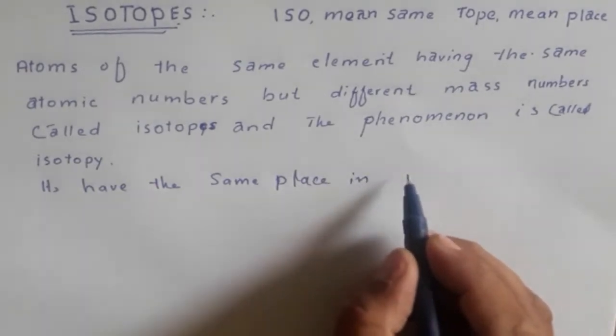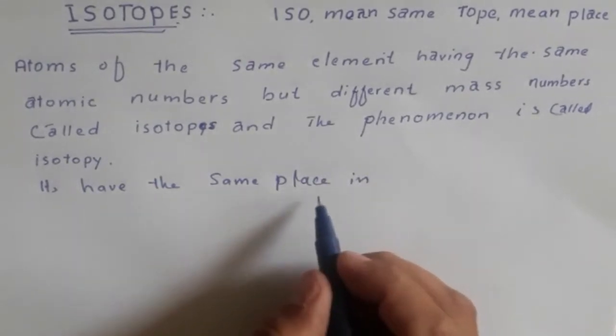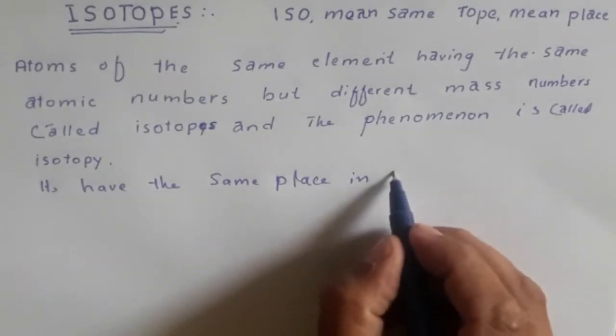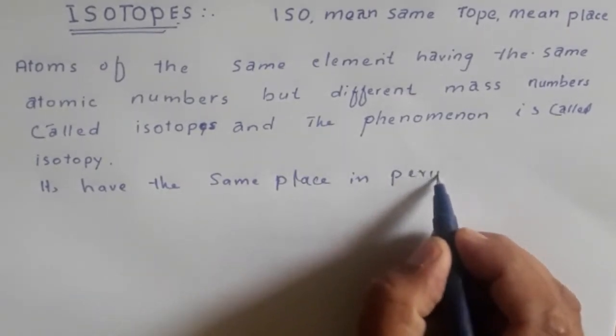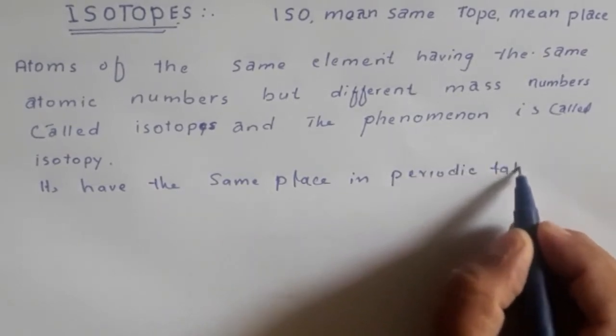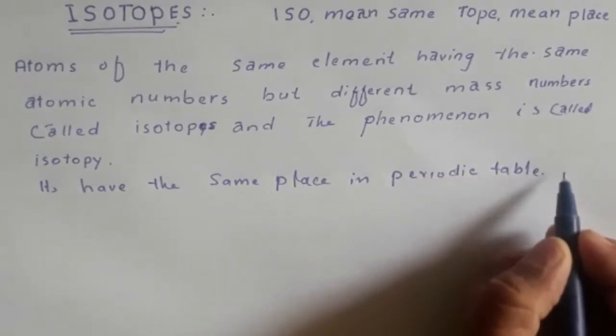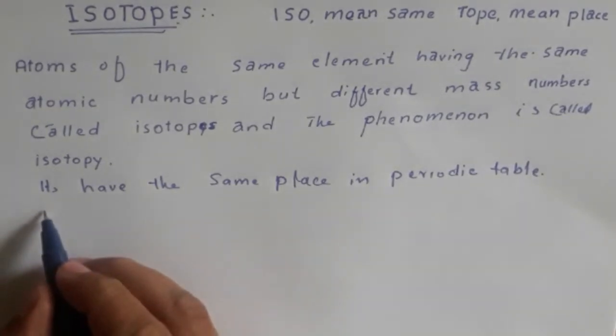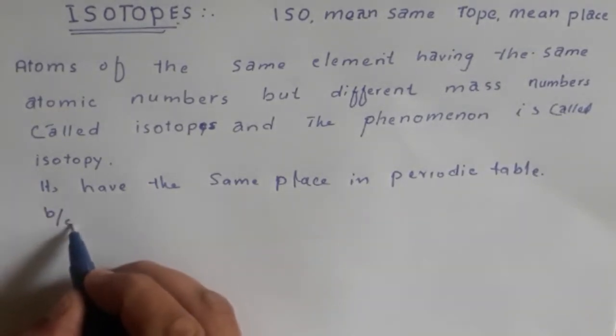Isotopes have the same place or position in the periodic table. Why do they have the same place or position in the periodic table? The reason for that is because